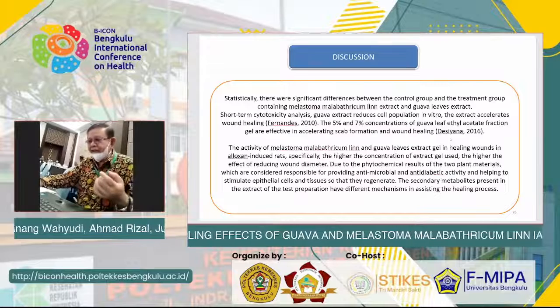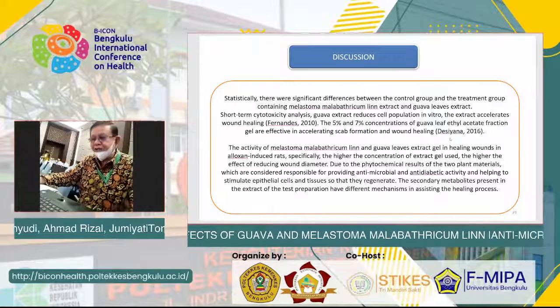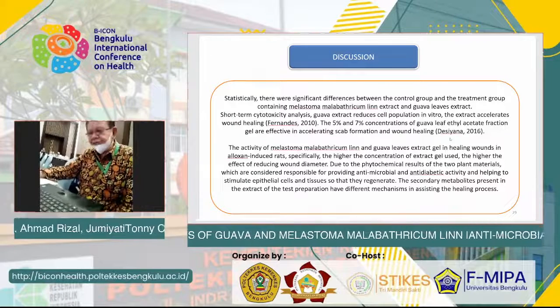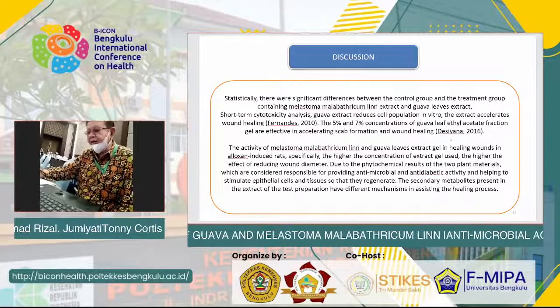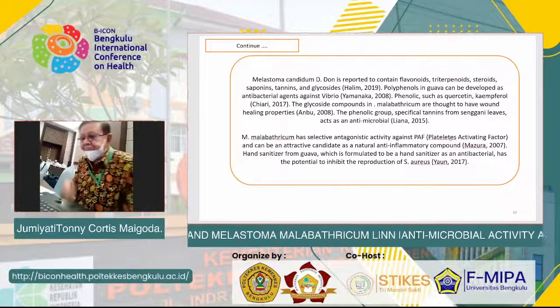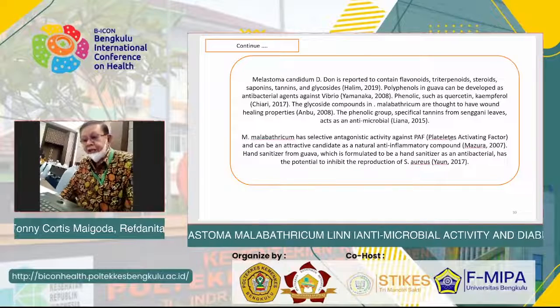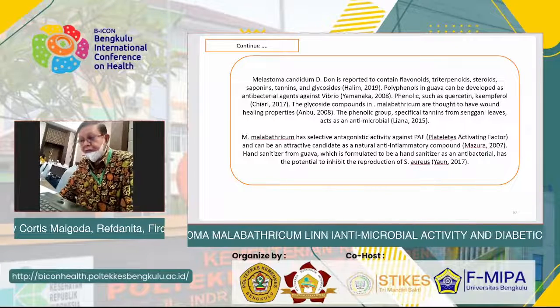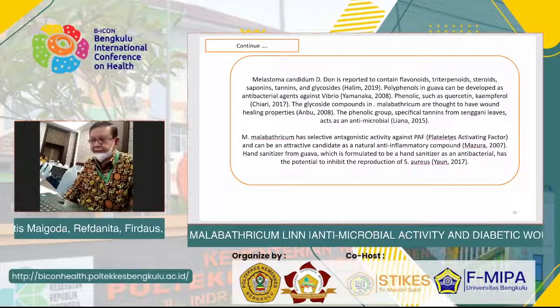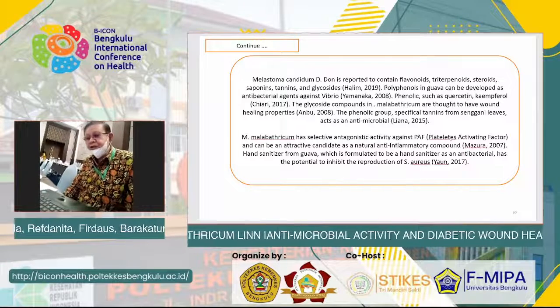The secondary metabolites present in the extracts of the test preparation have different mechanisms in the healing process. So Melastoma malabathricum has selective antagonistic activity against PAF, or platelet activating factor,